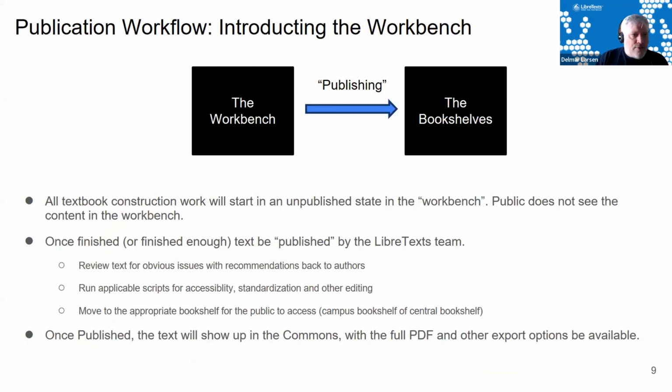So let's introduce, not introduct, the Workbench. So when you actually create books and you use that LibreOne account that you can request, it gives you the ability in order to create a book. You create a book in an area we call the Workbench, and in the Workbench, it's basically offline. You're able to construct everything, and then you request for it to be published, and that book then moves into the bookshelves, whether it's the campus bookshelf or it's a centralized bookshelf. It depends upon how original the book is and where you actually want it to be handled.